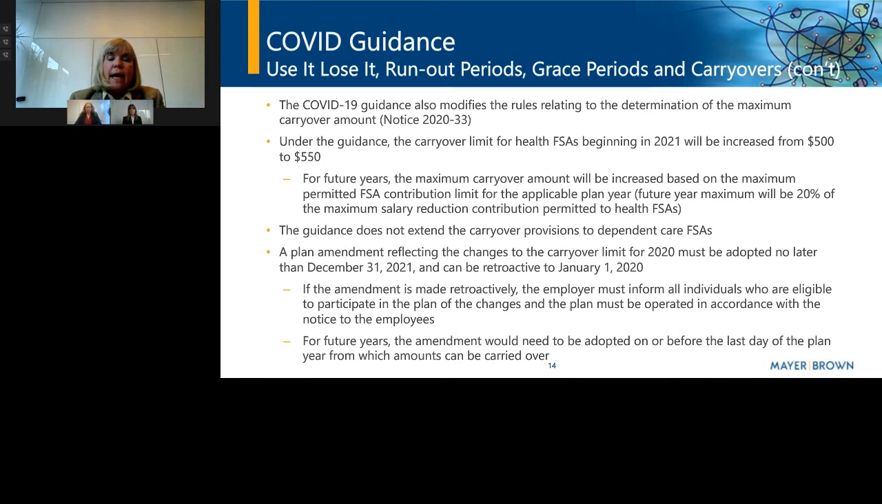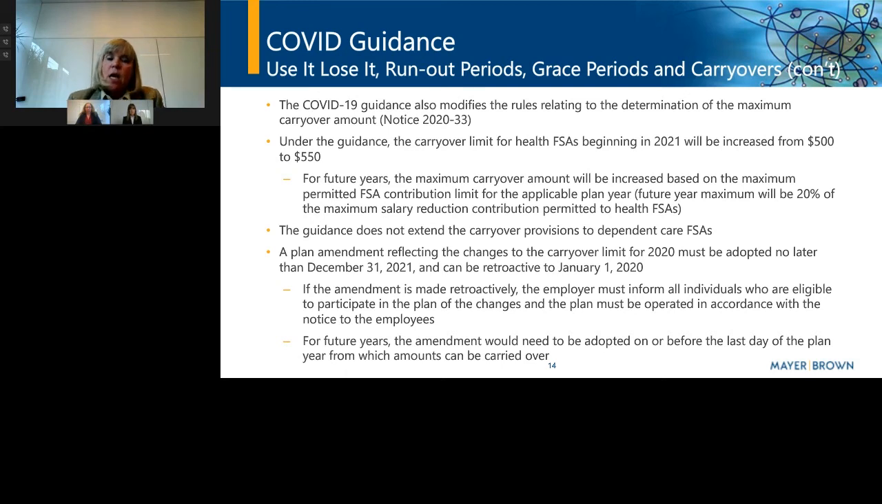The guidance also provides, this is back to Notice 2020-33, that they're going to modify the amount of the carryover from $500 to an indexed amount. And unlike the other COVID guidance that I've discussed, this is going to be an ongoing change. So the carryover amount is going to be indexed each year going forward, and it's supposed to be 20% of whatever the maximum FSA amount is for the applicable year. So for 2021, it's going to move up to $550, and